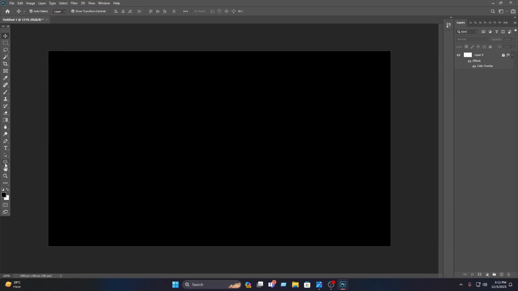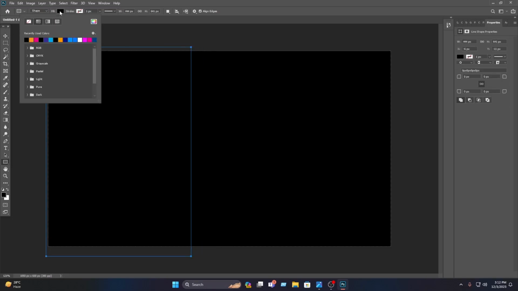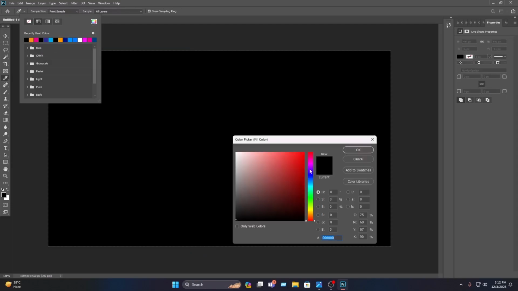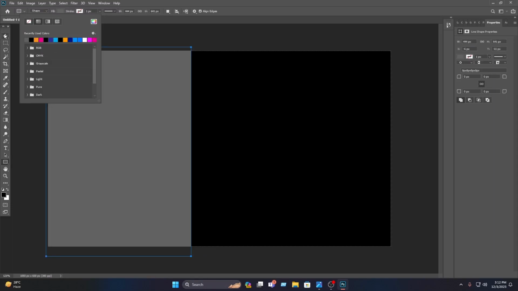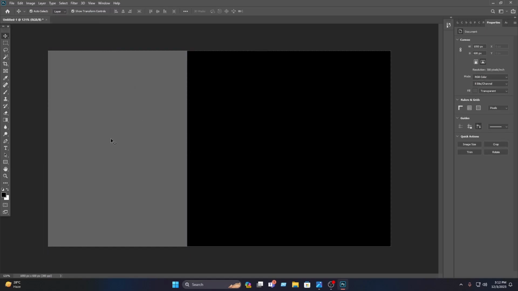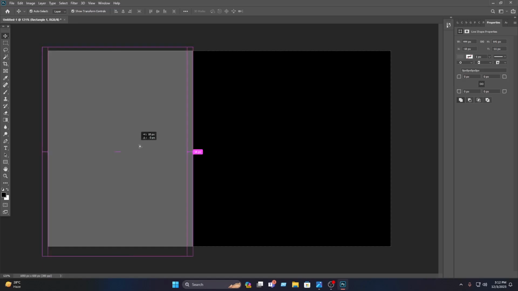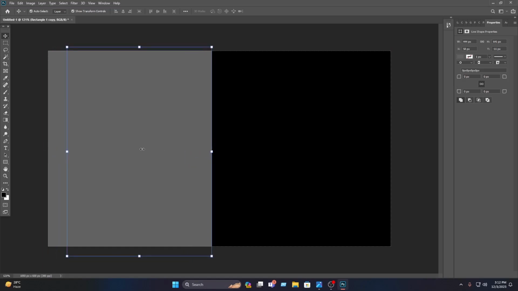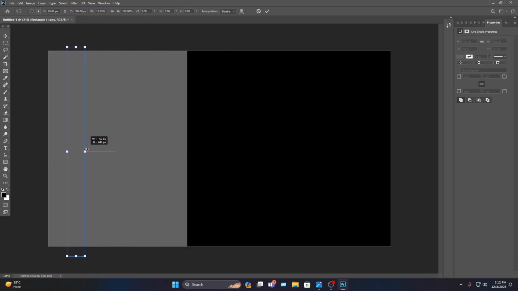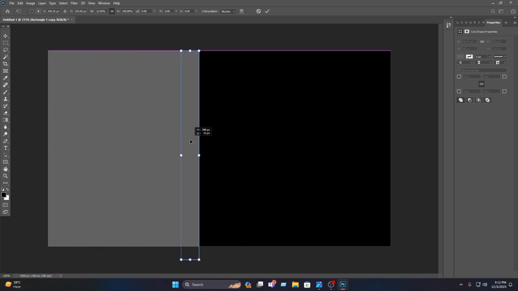After that, you have to select the shape tool, then select the rectangle tool, then you have to draw the shape in here. Then you have to click on the fill, then click on here, then select this color, then click on the OK, then select the move tool, then select this and drag this in here, then select this and press and hold Alt key, then you have to take a copy from this, then you have to press and hold the shift key, then decrease the size of this, then drag this in here,